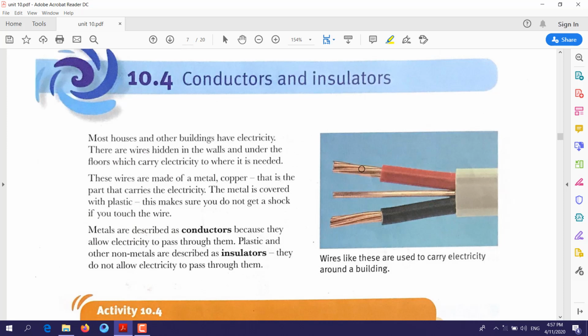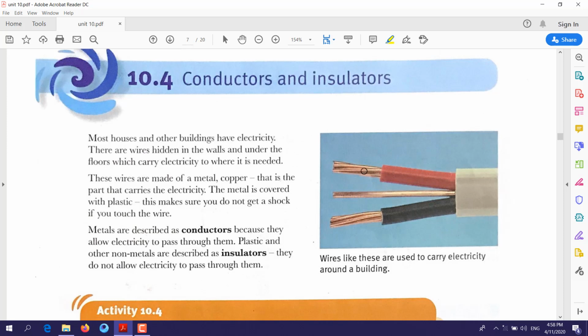So why do we use metal? Because metal has the ability to transfer electricity. It lets electricity pass through it. So this kind of material, we call conductors. So a conductor is any material that lets electricity pass through it. But